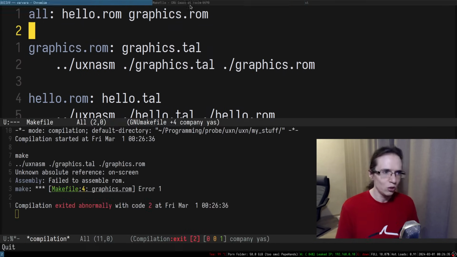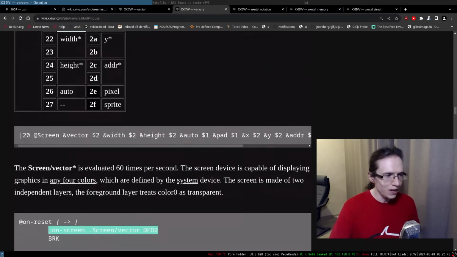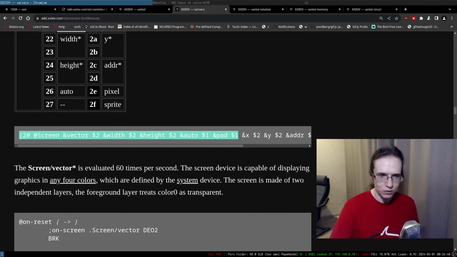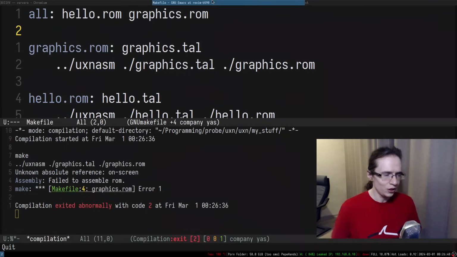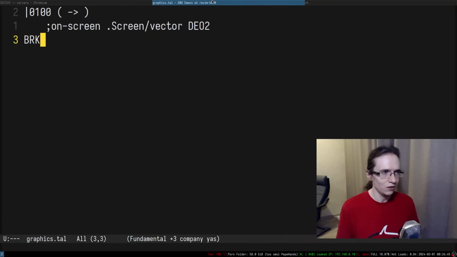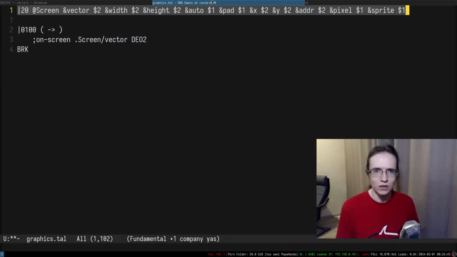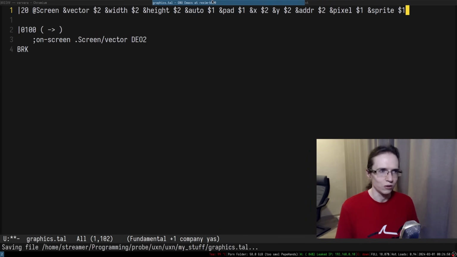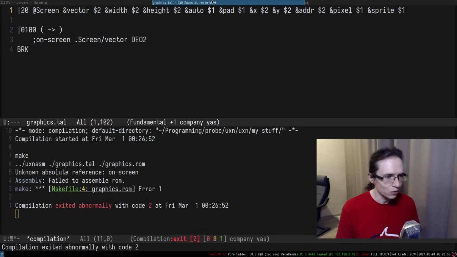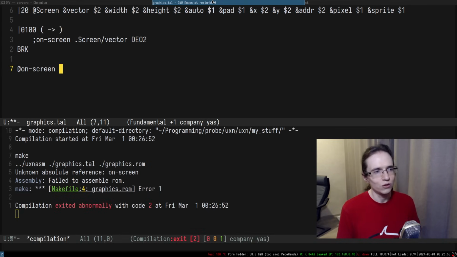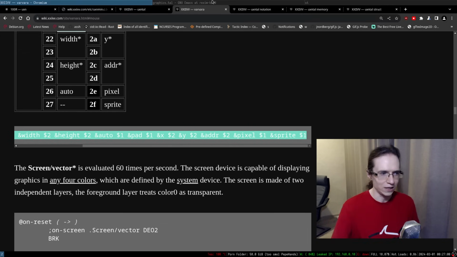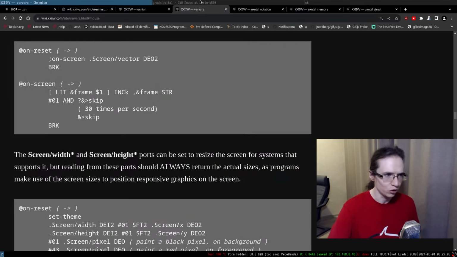So yeah, there's no on screen. So what we have to do, yeah, this is what we have to do. We can even copy paste that. I really appreciate that they just provided all of these things that are copy pastable, right? So I can just copy paste this thing and start using it. Okay, so that's pretty cool. I never defined on screen, so let's go ahead and just define it. So here is on screen. We can say that it's also a vector, right? So that is actually technically true.